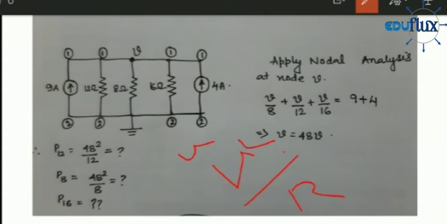Now the first part of our problem is done. We were told to find the power dissipated by each of these resistive elements, so that we have calculated. The next task, we have to find the short circuit currents I1, I2, I3 and I4. Now for this, let us again go back to the parent circuit that we started with.